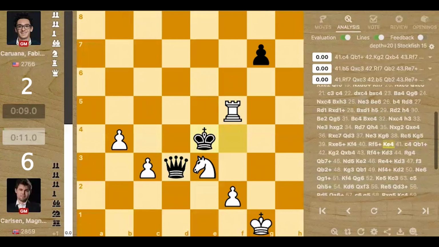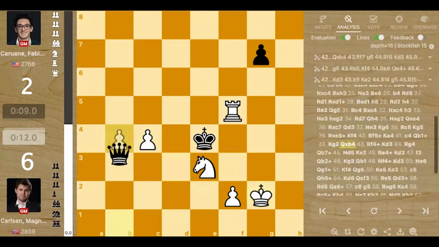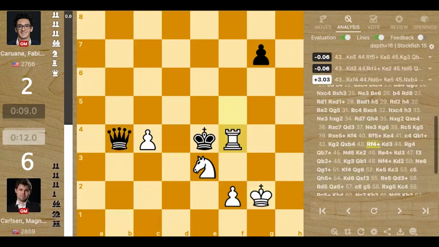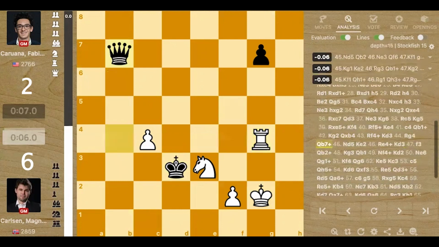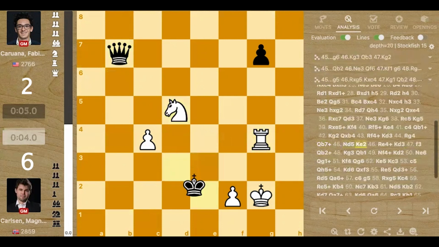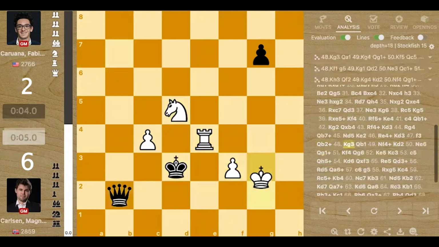Game 9, the first game of the 3 plus 1 segment, Caruana has a queen against Carlsen's rook, knight, and 2 pawns. So Caruana gives a check, king moves, queen takes pawn, b pawn fell. King moves, now it's rook, knight, and 1 pawn against a queen. Manageable, right? Knight moves in, king moves, rook check, king moves, f3, queen check,